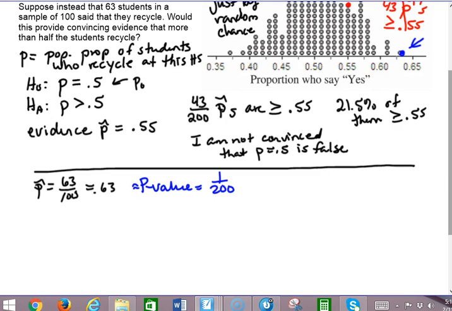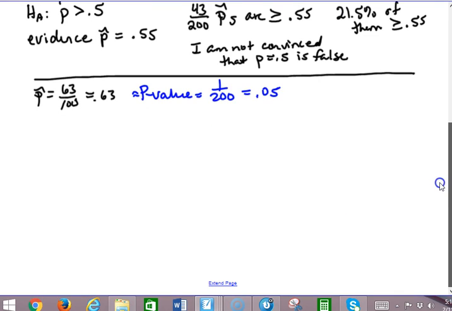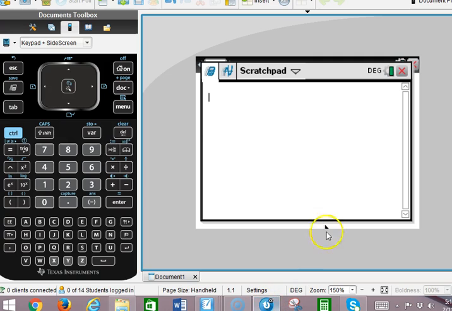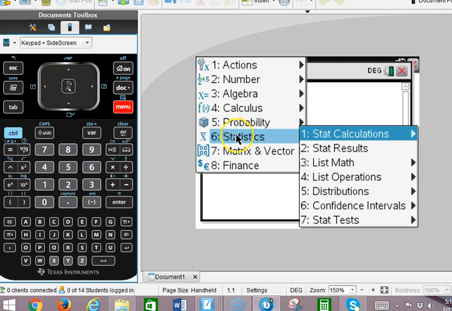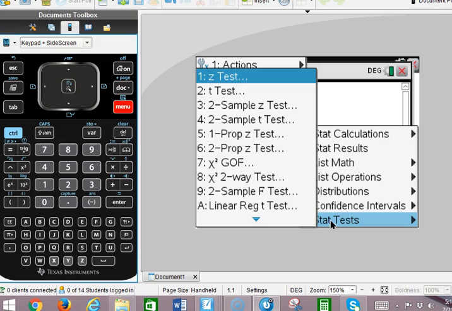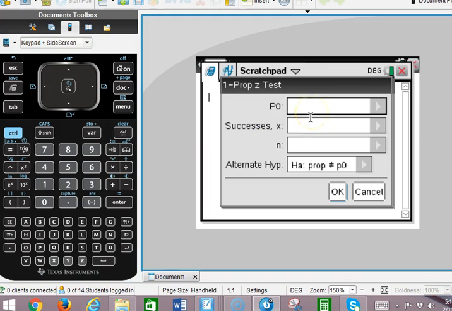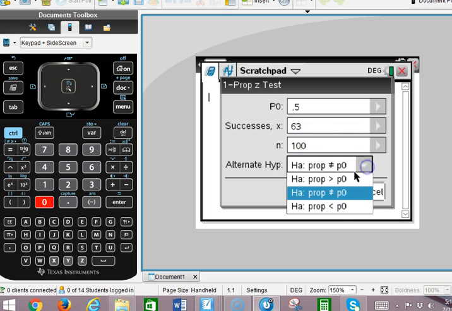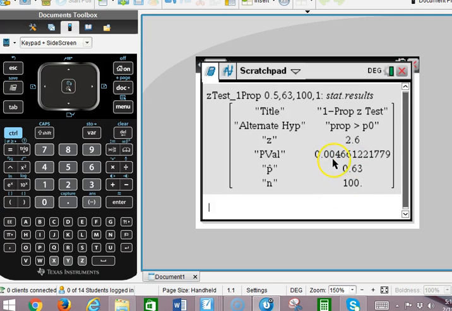It's not based on the whole normal model, or about 0.05. Now I'm going to show you that there's actually a way to calculate this using the normal model. So on my calculator I have a stat test that I can go to, a 1 proportion z test, and I can put in my p naught, my null hypothesis value of 0.5. I can put in my number of successes, 63 out of 100, and I can put in my alternate, which is a greater than p naught alternate hypothesis, and notice I get a p-value of